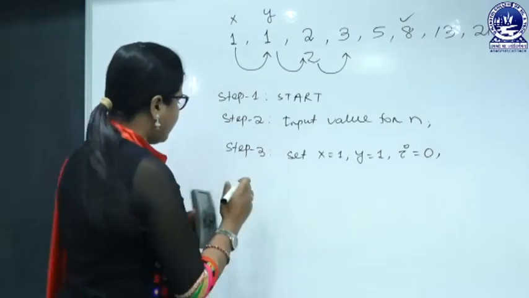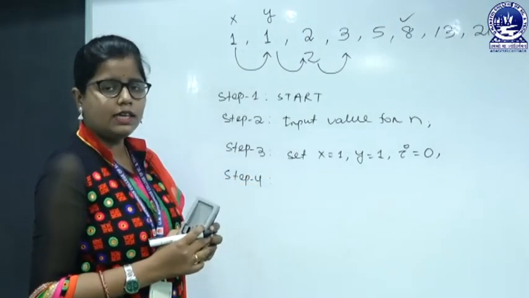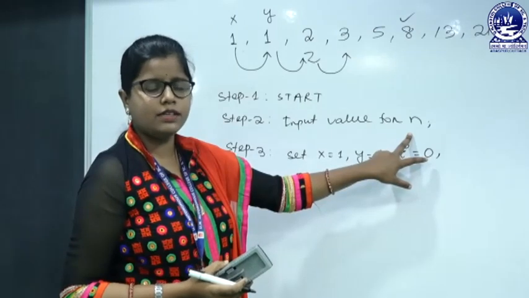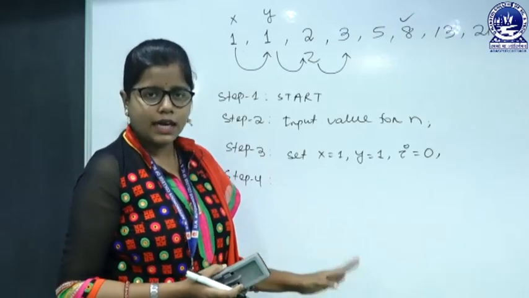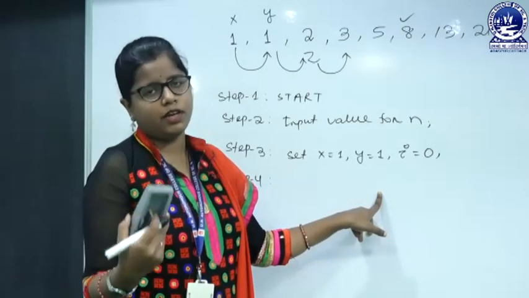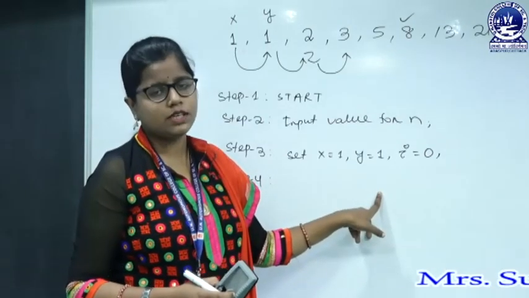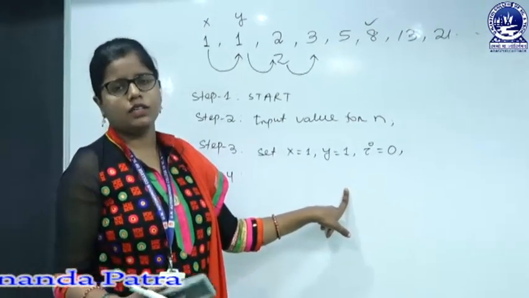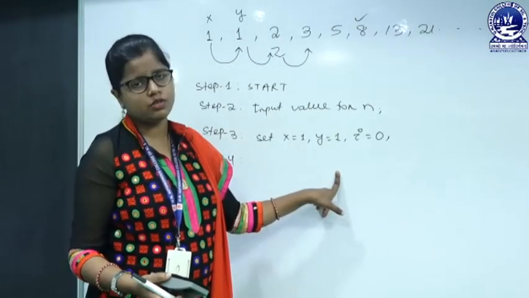Next, in step 4, we have to check whether the I value is less than or equal to n or not. We have to print the Fibonacci series up to the nth term. We have not printed any number, that's why the I value is initialized with 0. After printing one number, the I value will get incremented, and we have to check whether that looping variable is less than or equal to the nth term or not. That means we are checking whether we are in that range, that means we should print the Fibonacci series, or we should stop there.